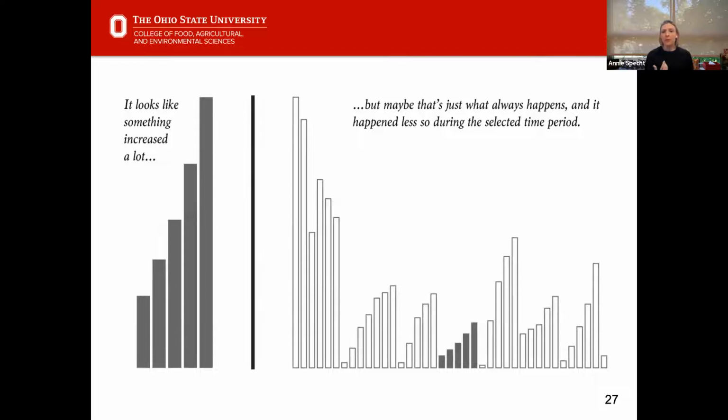So here's an example of what that might look like. We have this very short time period, maybe a 5-month span where, whatever topic we're studying, we saw a really, really dramatic increase. But what we're not necessarily looking at is how this compares to other similar time periods. So if we go to the example on the right, we take this small snippet, take a step back and expand it out into the larger study, what we're seeing is that this looks really dramatic in a small segment, but it's not very dramatic at all in the context of the bigger picture.